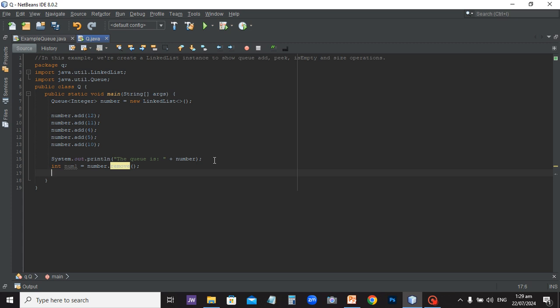And this will print the queue from the first position of the element. The element after deletion is